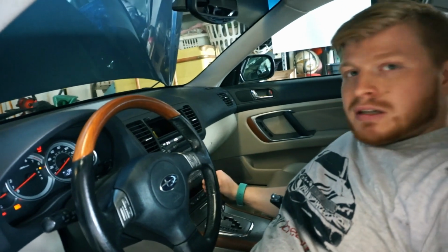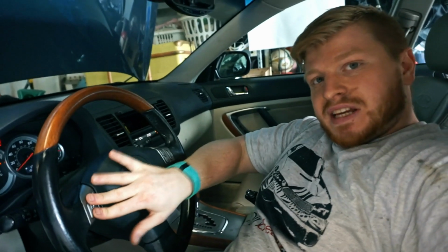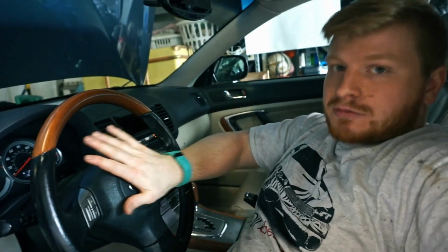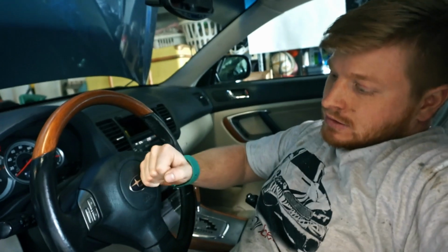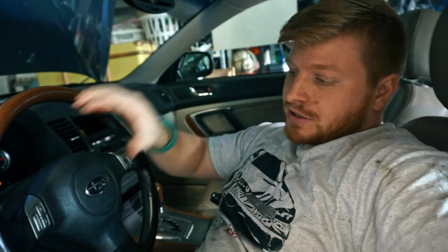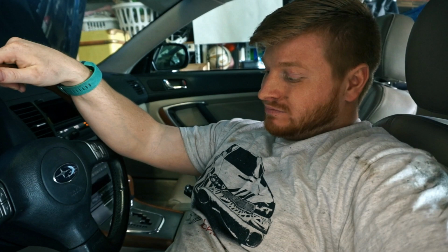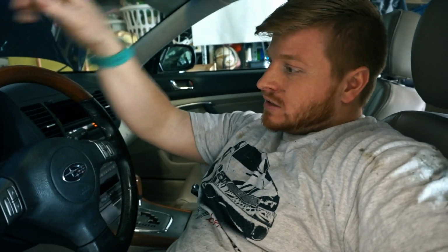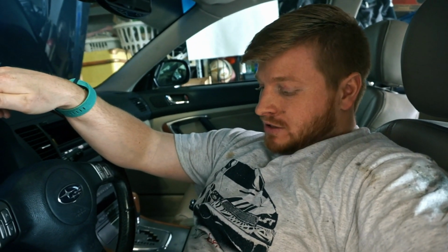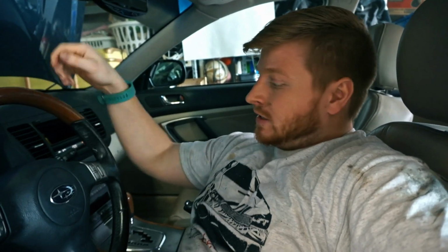Because they don't do anything anymore, and my horn doesn't work, and I have an airbag light on. So I'm pretty sure I screwed over the wires that run to the steering wheel. We'll see how big of a mess up that was. I'm hoping it wasn't too bad, but that's next on the list, which I'm probably going to tackle today